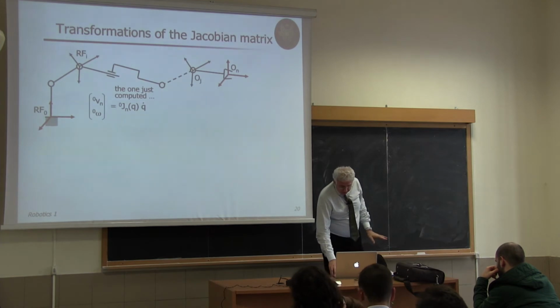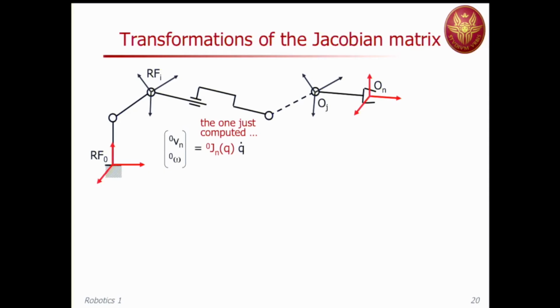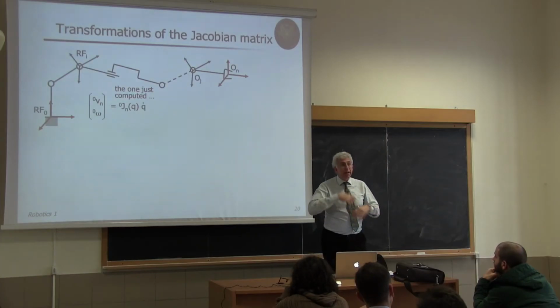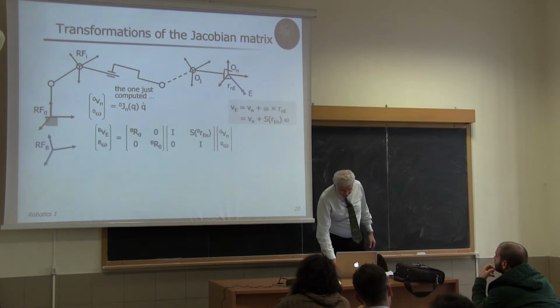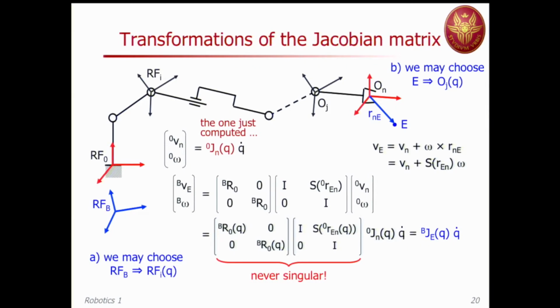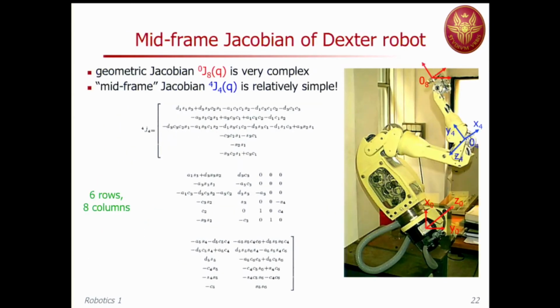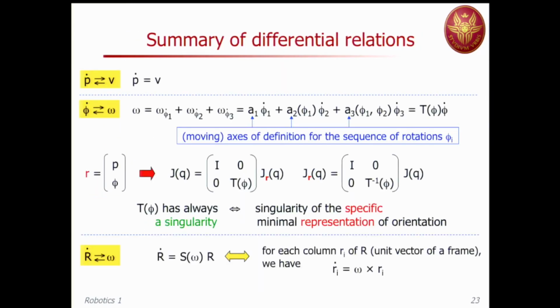Okay, I will skip this, but just remember that this Jacobian, because we are computing everything in the base frame, gives the linear velocity and the angular velocity expressed in the base frame. Of course, you can re-express this in any other frame using rotation matrices, and this may simplify the structure of the Jacobian. But this takes too much time to describe in detail, so we will skip this and also the example that I have. So, a summary of what we have done so far